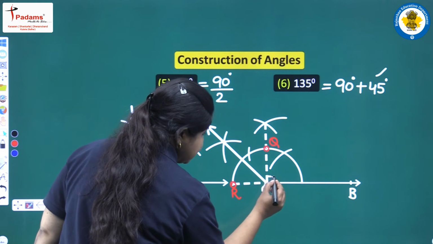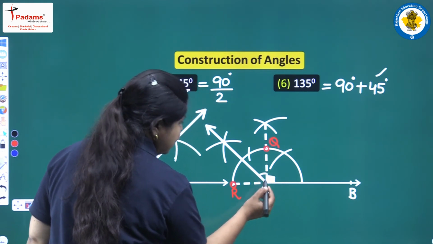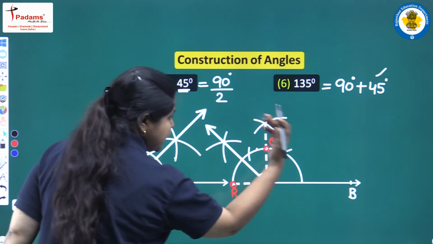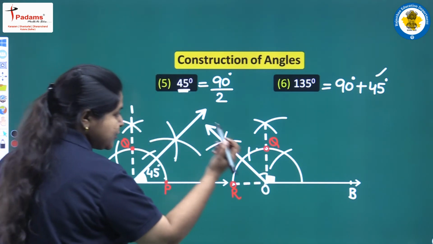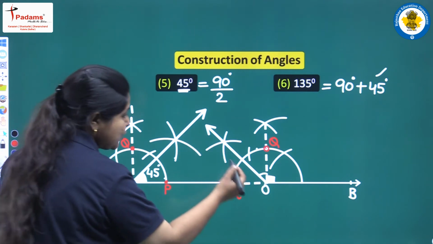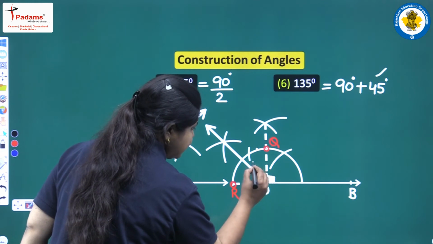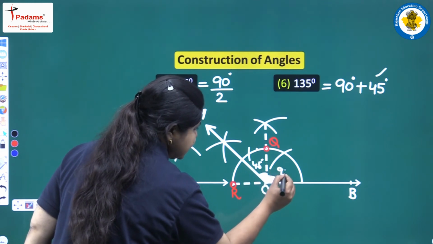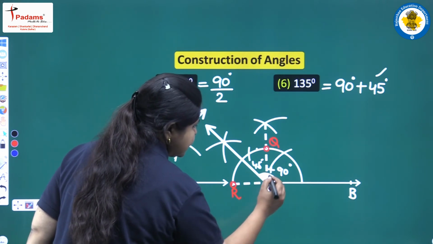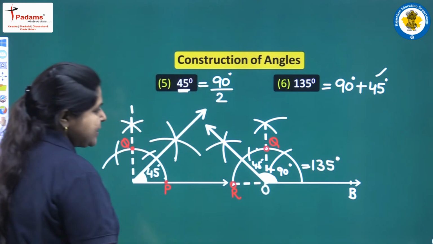Here this one is 90 degree. You can see this is 90 degree, and this one is 45 degree because we have bisected this 90. You are getting a 90 degree angle to the right also and to the left also. So here we have bisected the 90 degree which is on the left, and with bisection we get this angle as 45 degree. This is 90, this is 45, this is 90, and then taking the two together, what do you get? Add the two angles, this is equal to 135 degree at the point O.